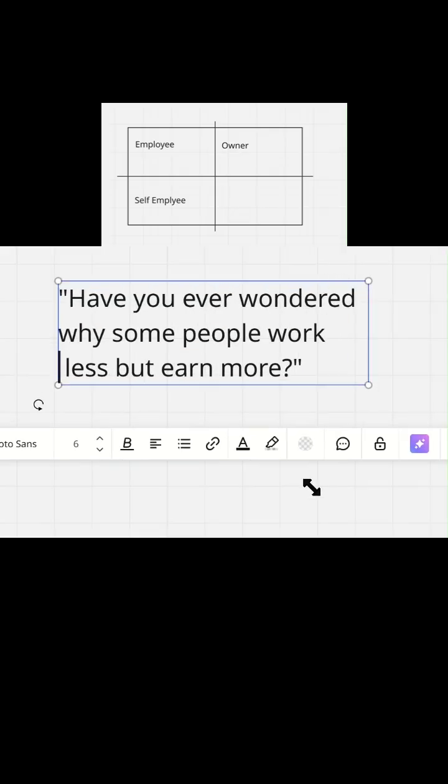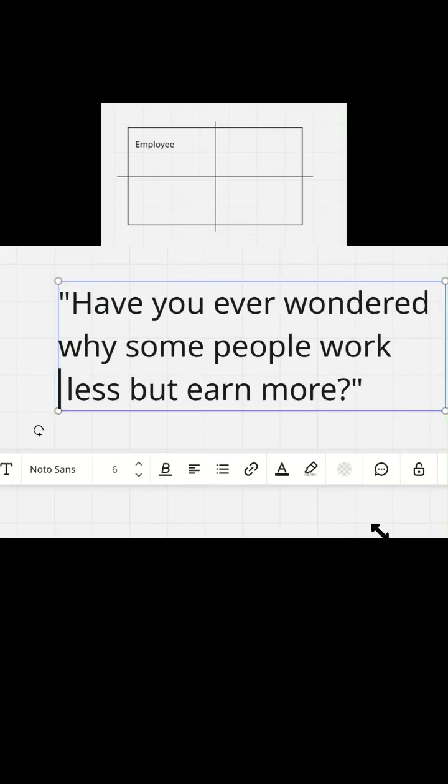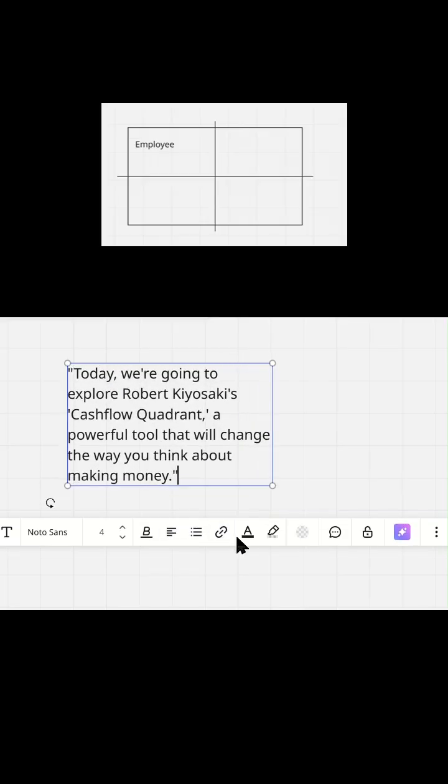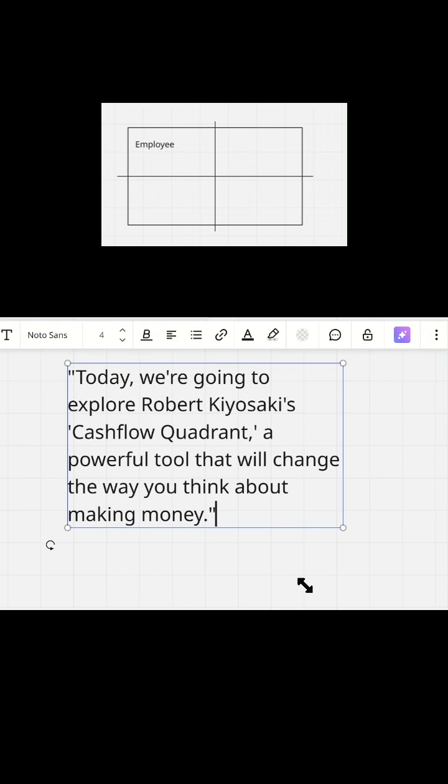What if I told you that not all income is created equal? Or have you ever wondered why some people work less but earn more? Today, we're going to explore Robert Kiyosaki's Cashflow Quadrant, a powerful tool that will change the way you think about